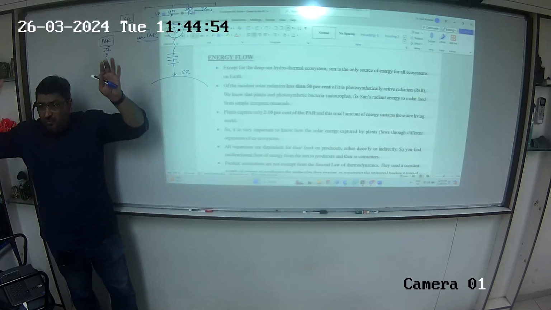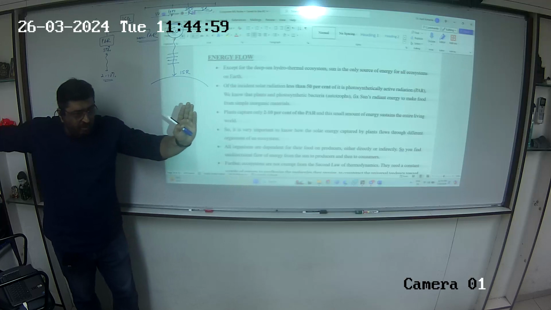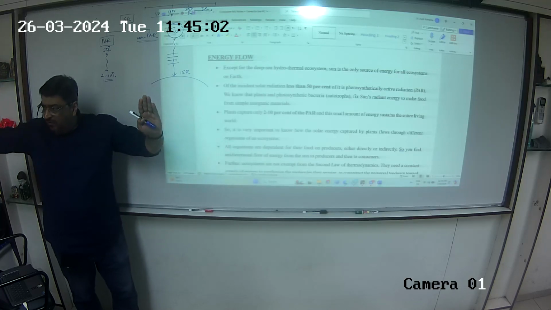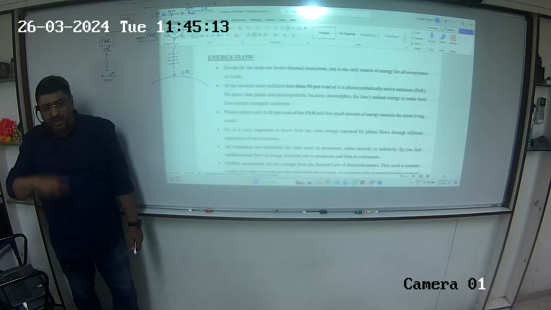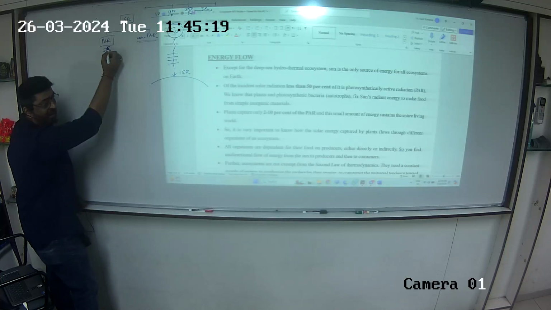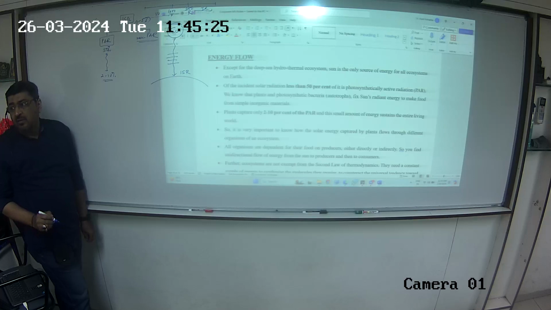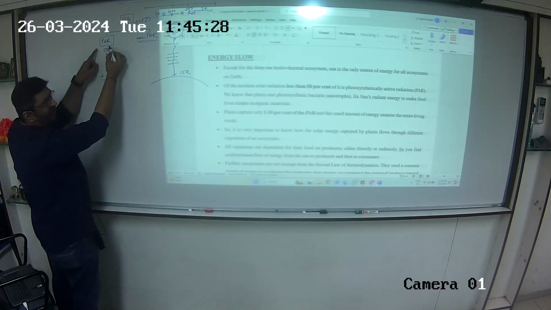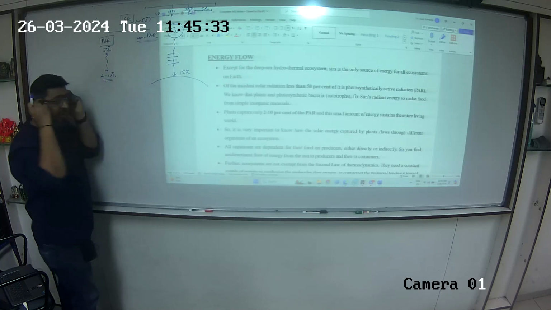So what comes from the sun: number one, complete sunlight does not reach earth. Scattering happens, and what reaches is ISR. Of the ISR, 50% is PAR. Of the PAR, 2 to 10% is taken up by the plants to run the entire system. So if it is 2 to 10% of PAR, isn't it 1 to 5% of ISR? If it is 2 to 10% of this, and this is 50, then when I calculate, it becomes 1 to 5%.